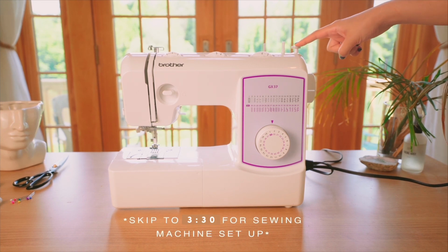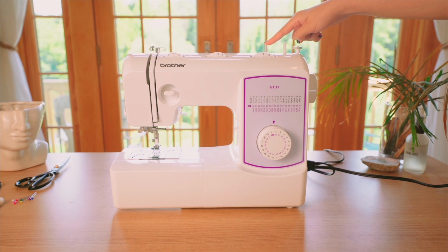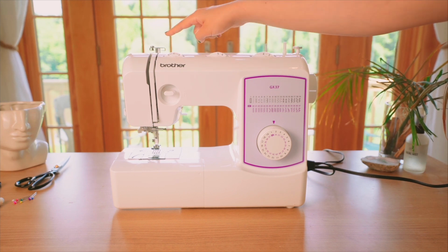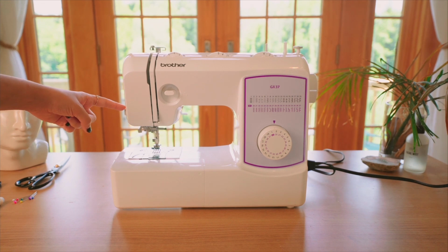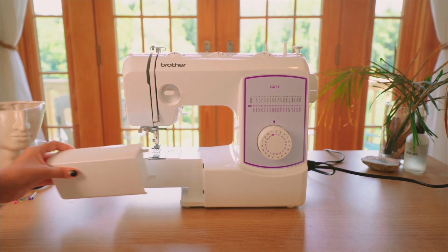There's the bobbin winder that winds the thread onto the bobbin, a dial that controls the stitch length, a pin that holds the spool of thread, a dial that controls the stitch width, a dial that controls the tension, a thread guide for when you're threading the machine and the bobbin, a thread take-up lever, which is also used to thread the machine, a thread cutter, an automatic needle threader, a quick set bobbin, a flatbed attachment with an accessory compartment,